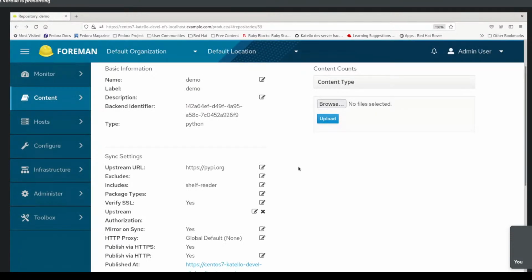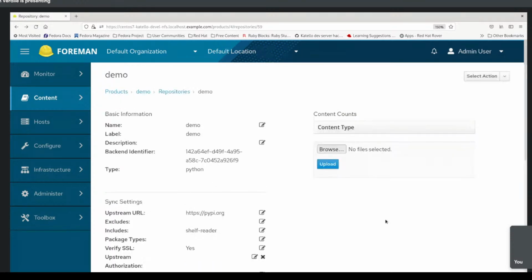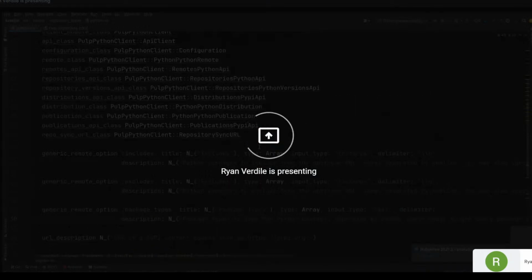But again, what makes this, I think, really cool is how it's implemented. So I'm just going to switch my screen over to some of the code so I can explain a little bit about how the implementation works. So let's see. I just got to switch over screen here. Okay. So here we are in the